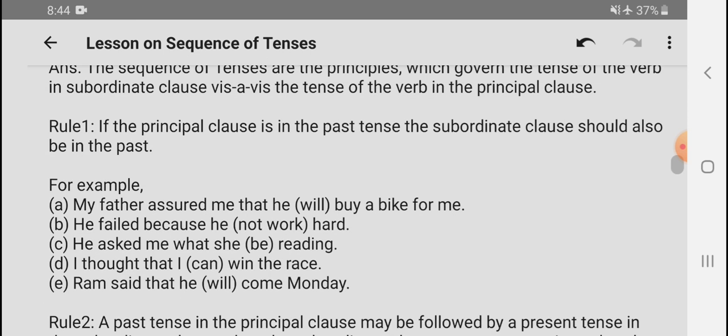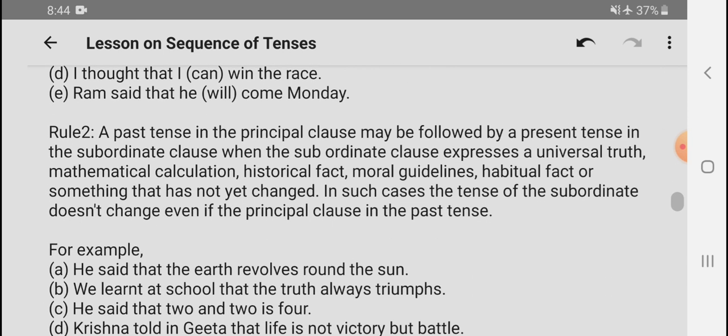Since we've done rule number 1, let's go to rule number 2 now. Rule number 2 is the opposite of rule number 1, but there is a catch which you need to understand. A past tense in the principal clause may be followed by a present tense in the subordinate clause when the